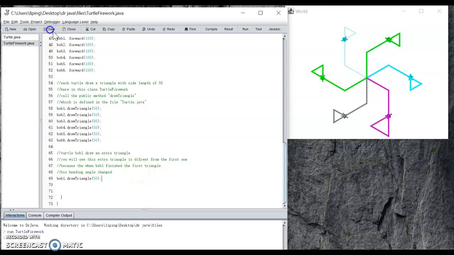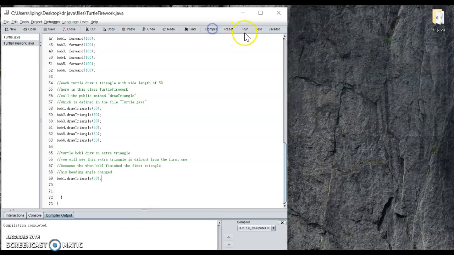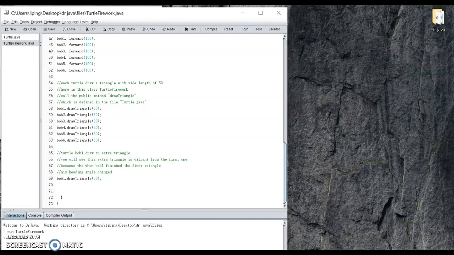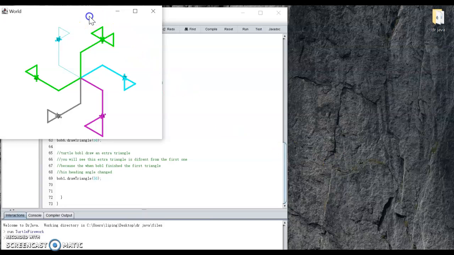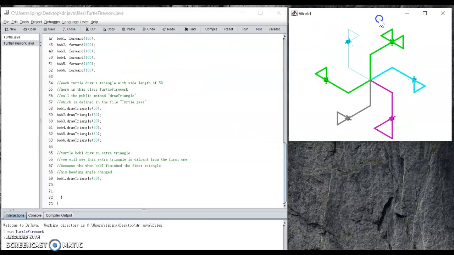See what will happen. File 1. So now Bob 1 has a second